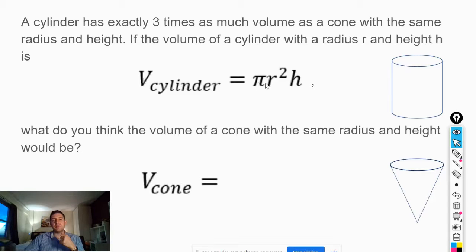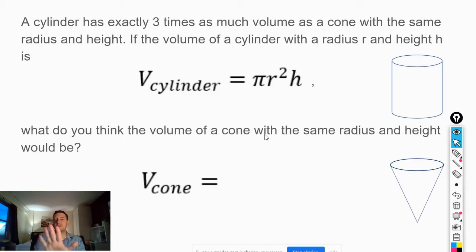The area of the base is pi r squared, and then we would multiply that by the height. So this expression over here is the volume of the cylinder. So if we know that this is how to figure out the volume of the cylinder, and we also know that the cylinder is 3 times as large as the cone, then what do you think the volume of a cone